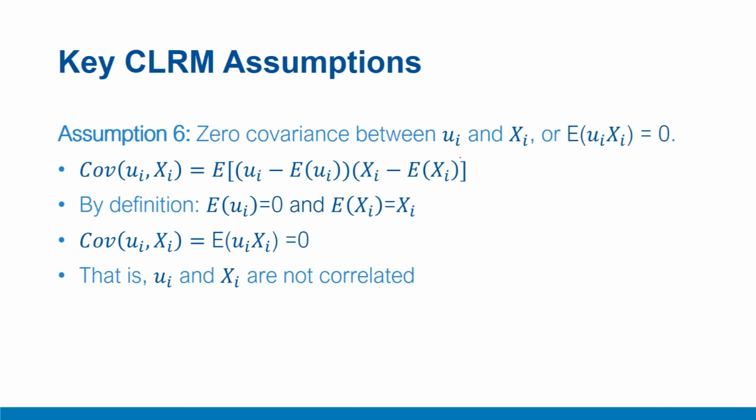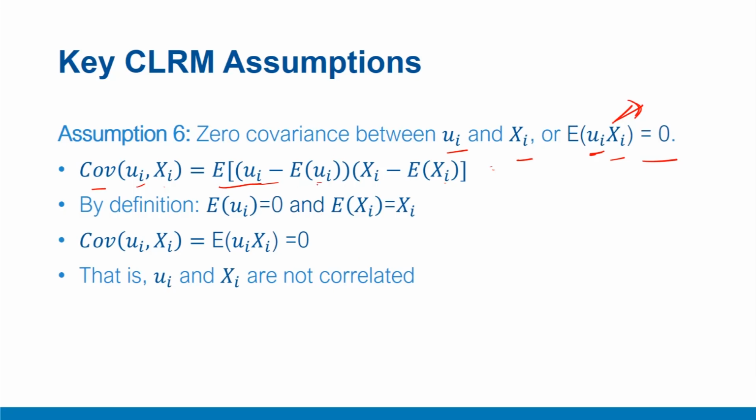Assumption number 6, another very important assumption, is that mu i, the error terms, and xi are not correlated. This is a very intuitive assumption, because we said xi is fixed, it is not stochastic, it is taken from outside and is not getting affected by the process. So if the model is correctly specified, all the relevant influences are taken with xi's, and mu i should not be correlated with xi. That is to suggest that the covariance between mu i and xi, which is represented as this term, the expected value of mu i minus expected mu i, times xi minus the expected value of xi, should be equal to 0.